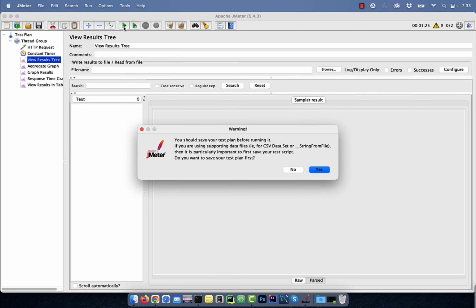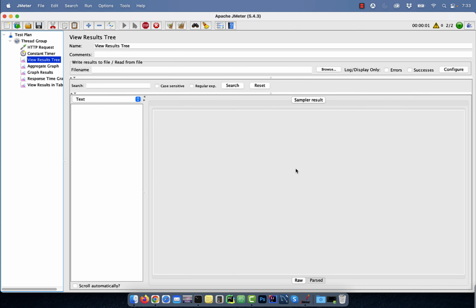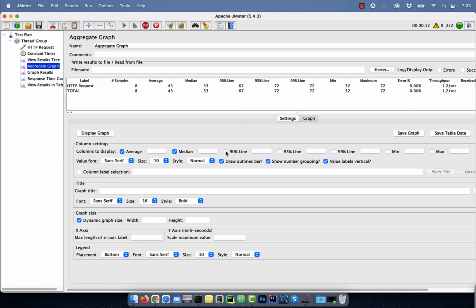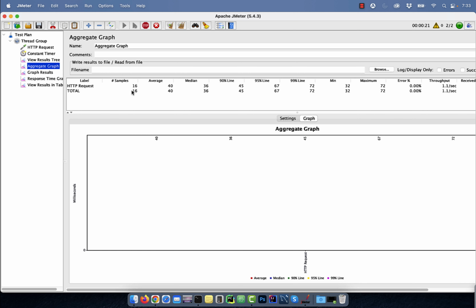To execute the test, click on the green start button. It looks like our test is running as expected. If you switch to the aggregate graph view, you can look at the average, median, 90% line, and so on